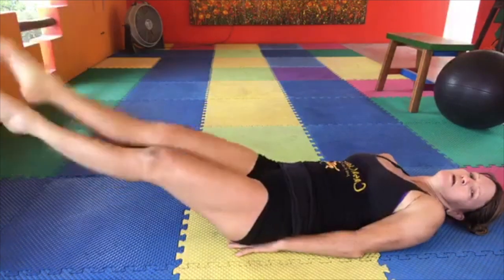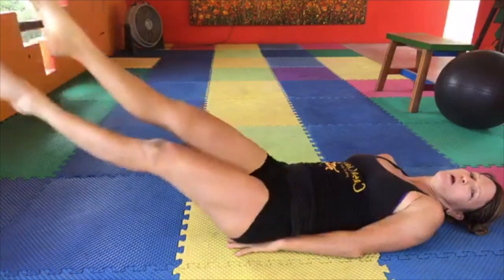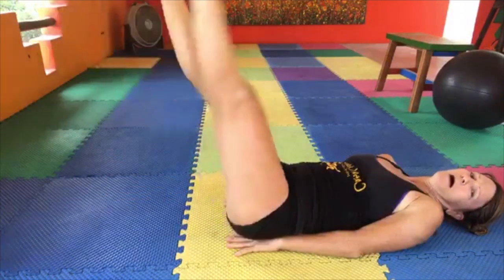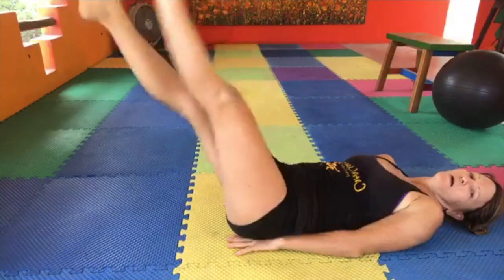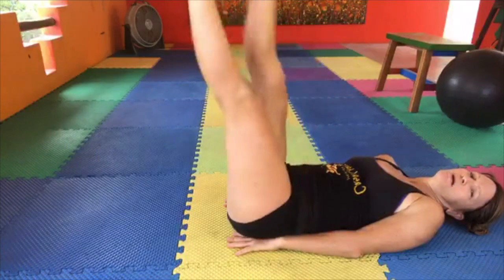Down, cross, up, crossing at the inner thighs for 3, up, 4, up, last one, 5,